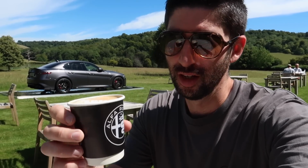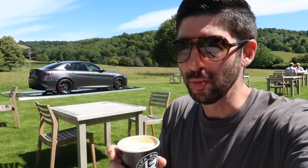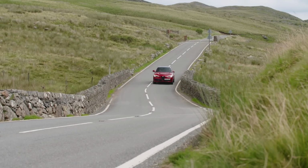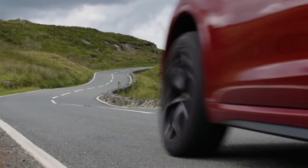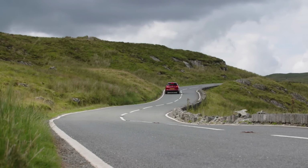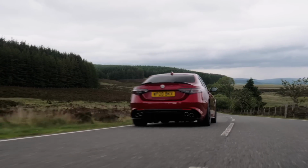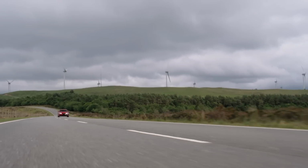Now, this being, well, it's an Alfa Romeo coffee, I guess. But yeah, you don't often get too much time with the cars, which when you're on a press launch is quite challenging, particularly when we're trying to film. It is go all the time. You very rarely get a chance to just sit, chill and absorb stuff, but I've taken the opportunity this time just to have about a 5-10 minute break, have a coffee, check this car out